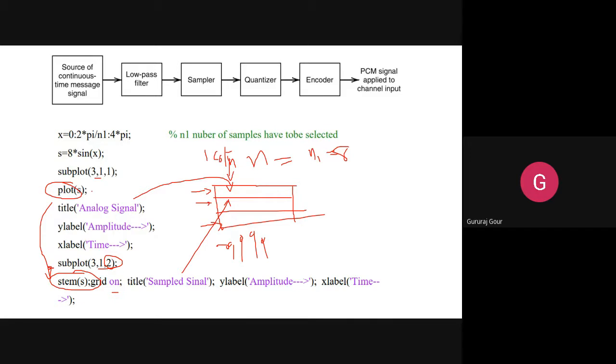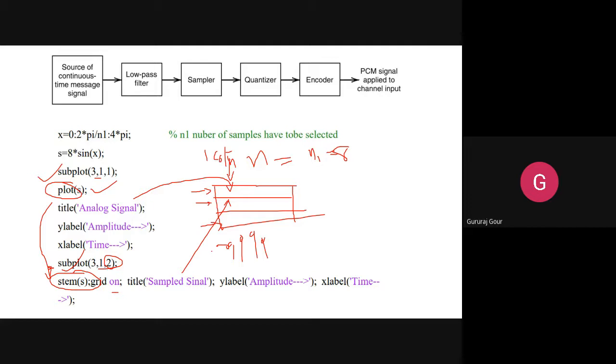Plot is going to show you the continuous time signal. Remember, stem itself is going to show you the sampled version. Actually, it is not sampled, but in MATLAB we can show an equivalent sampled version of this continuous time signal. For that, we are going to use the stem command.